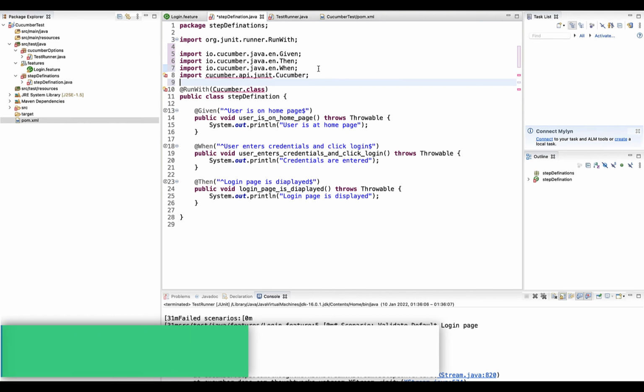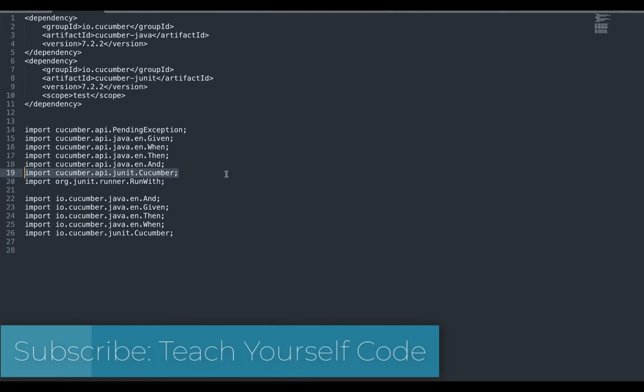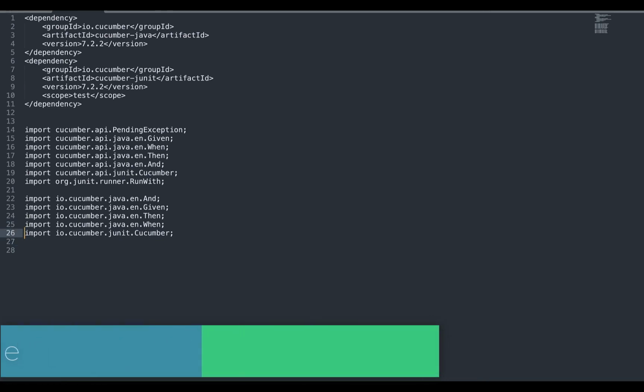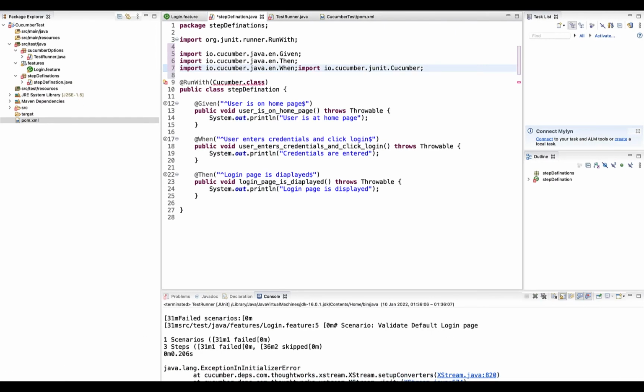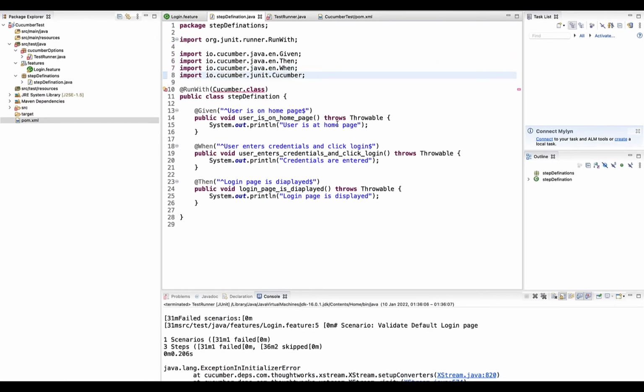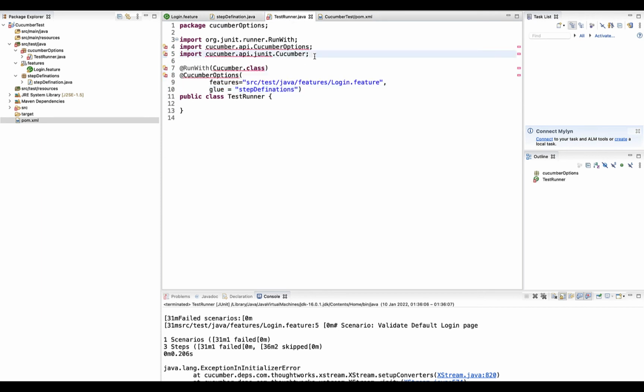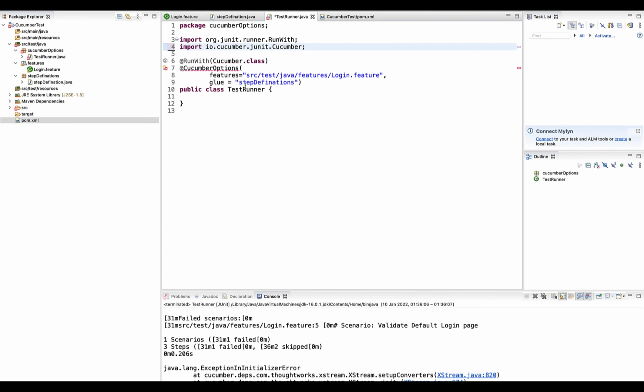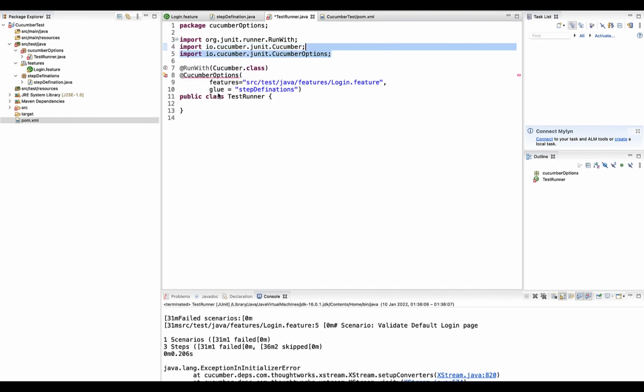This is not fixed, I'm sorry for that. This is the one, so I'm copying it from here and pasting it here. If I save it, you can see the error message has gone, and I will do the same over here as well, import this particular dependency and save it. Now there is no error message, and we are good to go.